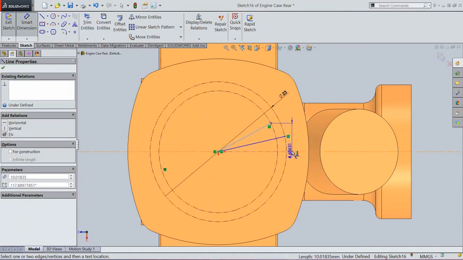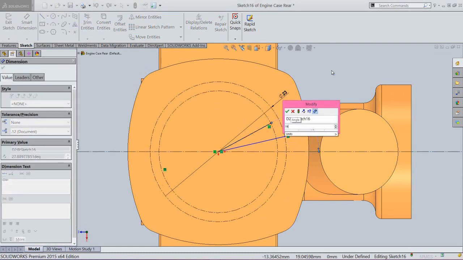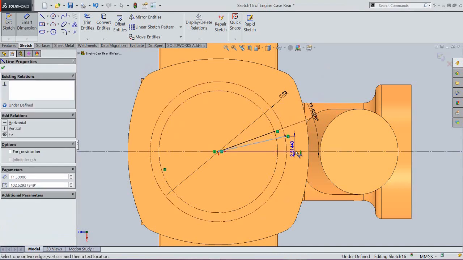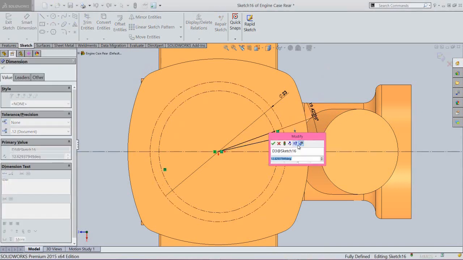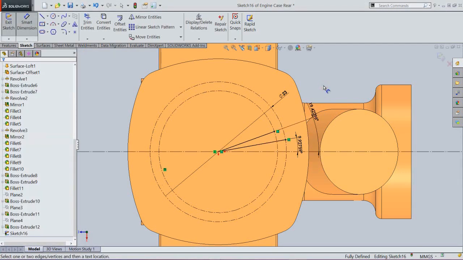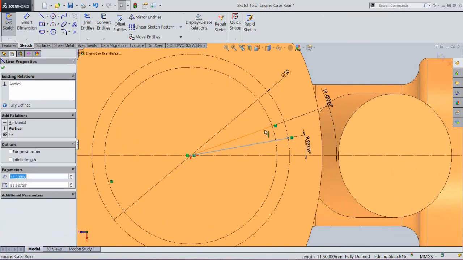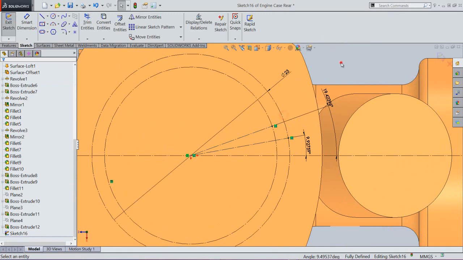Apply the angle value between these two lines. Okay. Set the value 19.422 degrees. Okay. Apply another dimension between these two lines. Set the angle 9.927 degrees. Select these two lines and convert it to construction line.